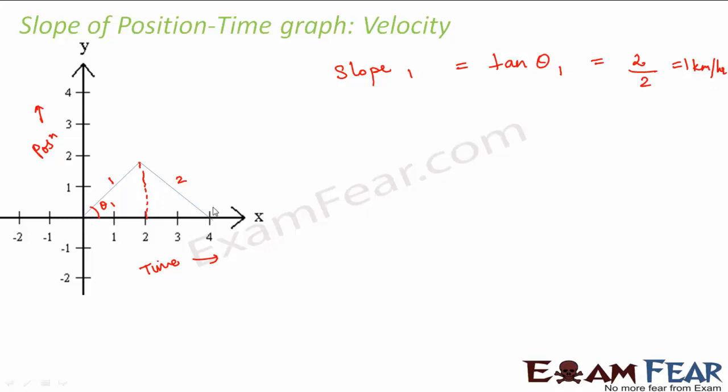Now on similar lines, let us try to calculate the slope of line 2. So the slope of line 2 will be equal to tan of